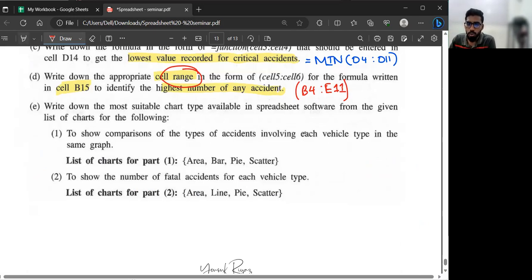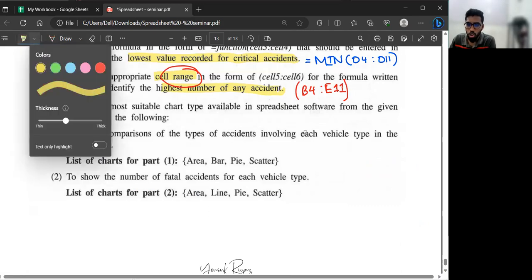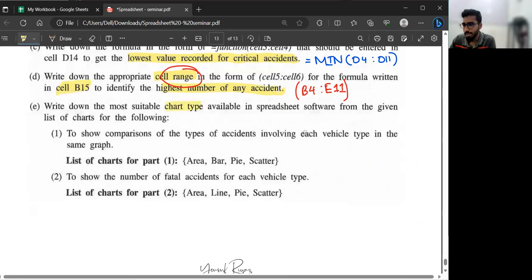Write down the most suitable chart type available in spreadsheet software from the given list of charts for the following. To show the comparison of the types of accidents involving each vehicle type in the same graph. In one same graph, if you want to show each vehicle type,